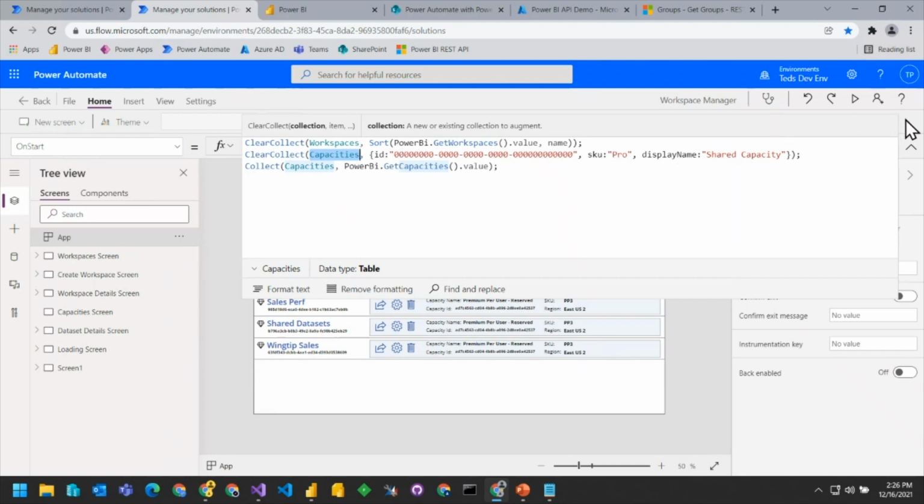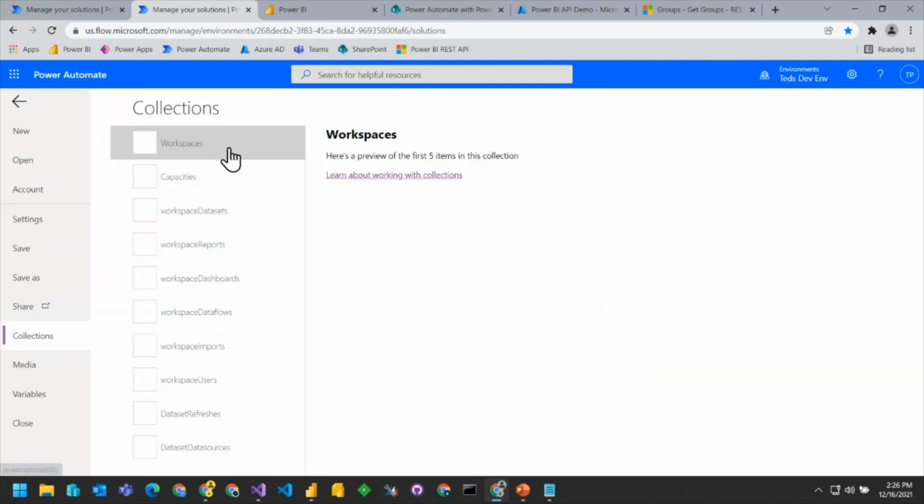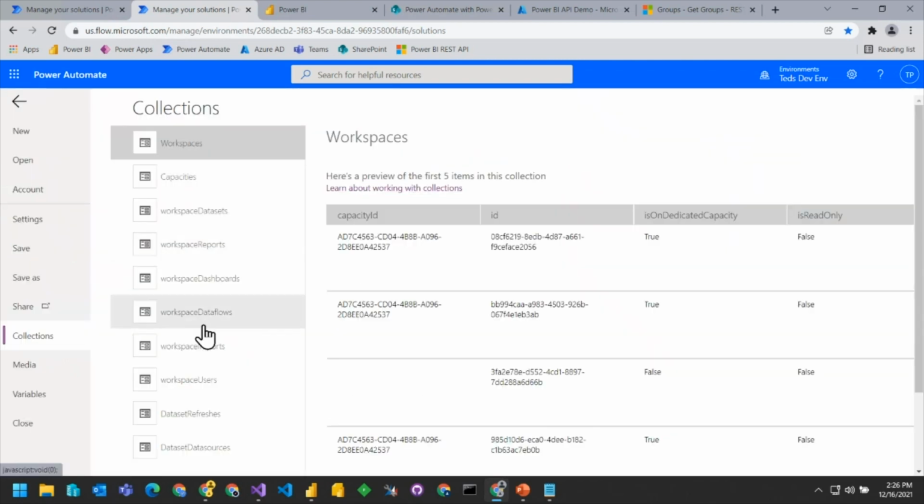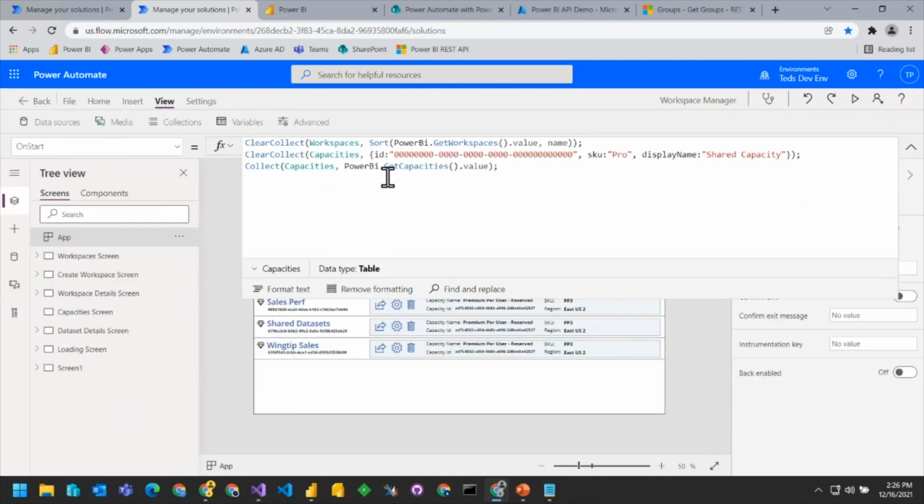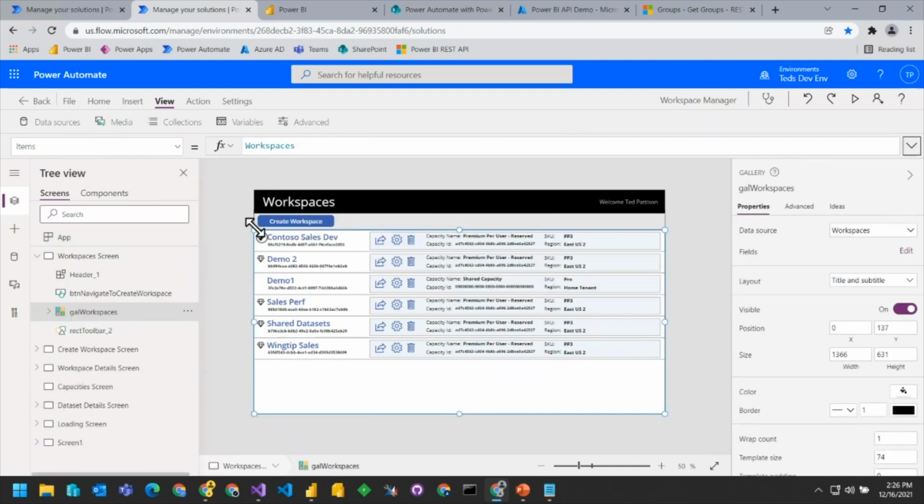But the idea is, as my application loads, let's go back here and take a look at collections. Some of the things that we could do is load in the workspaces. And as we load in the workspaces right here, we're able to see them up top.